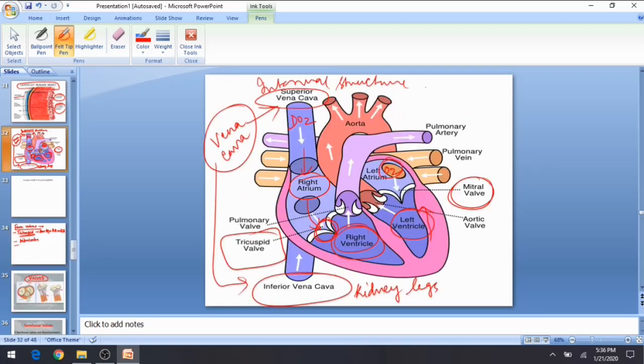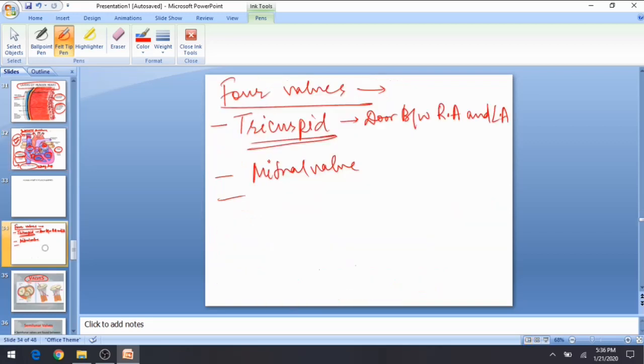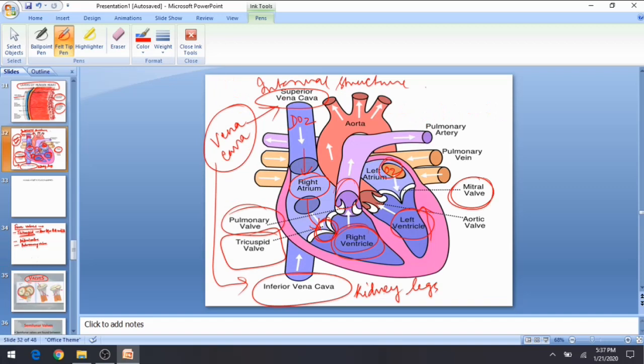Third one is, as you can see, pulmonary valve. This is a valve attached to pulmonary arteries. Once blood moves from right ventricle, it enters the pulmonary valve. It allows deoxygenated blood to get inside pulmonary arteries,